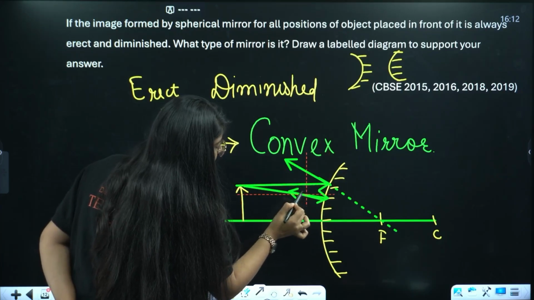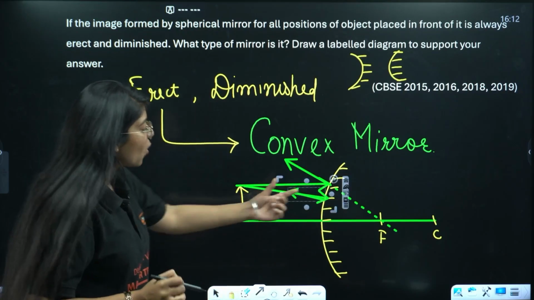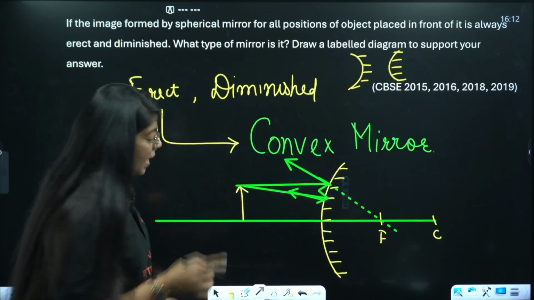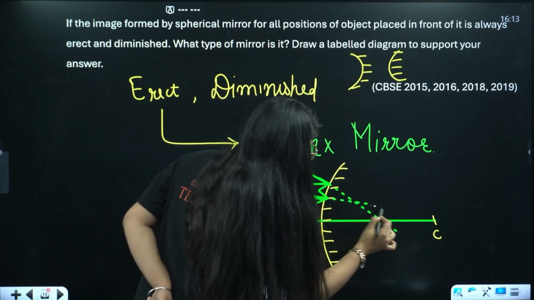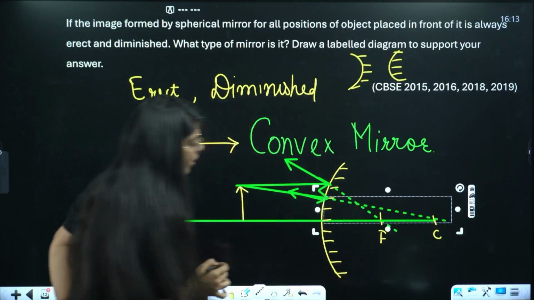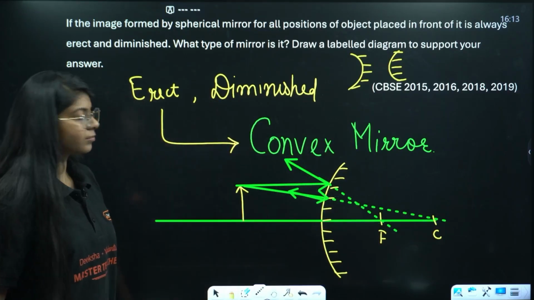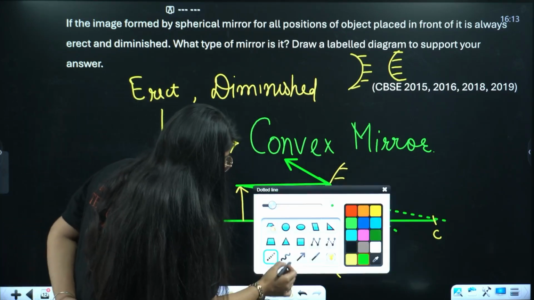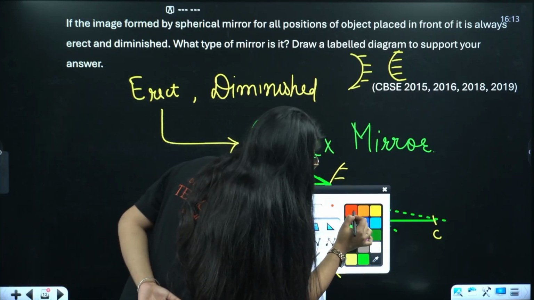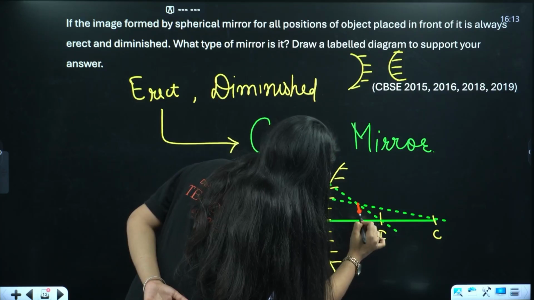See, something like this. It is following the same path back, but if we extend it behind, it will look like it is passing from center of curvature. Understood? A clear, concise diagram. Understood? So where these rays are meeting,